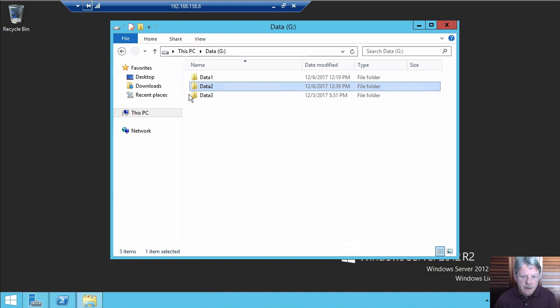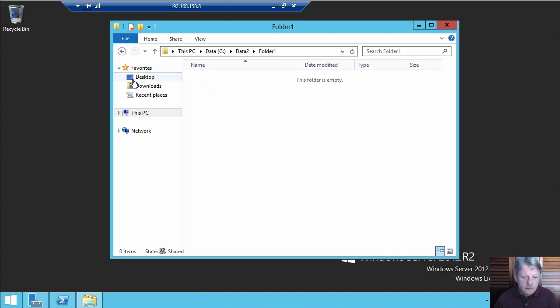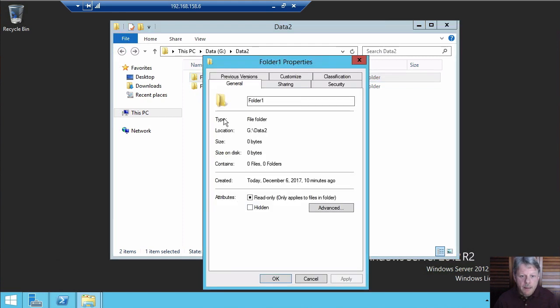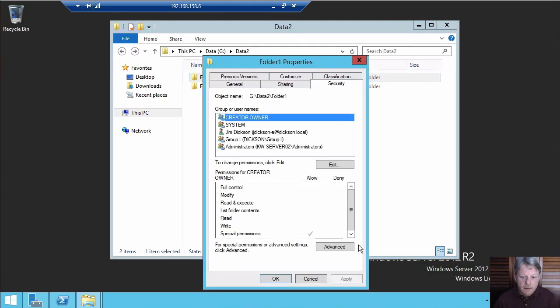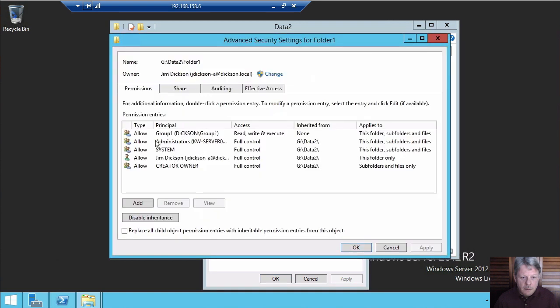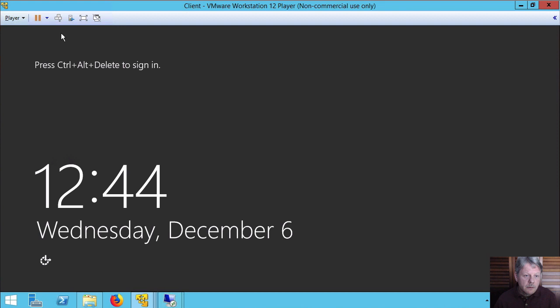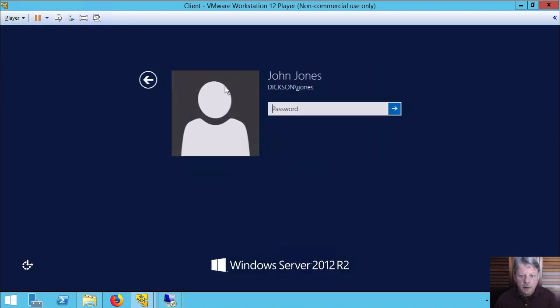So if I say OK on that, let's take a look down underneath here at folder 1. And hey, there's no users or domain users in this case that's been inherited down here. So there's no read permission for domain users on that. So if I go back over now to my John Jones account on the client,